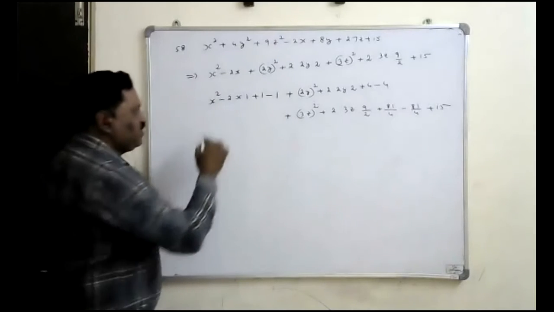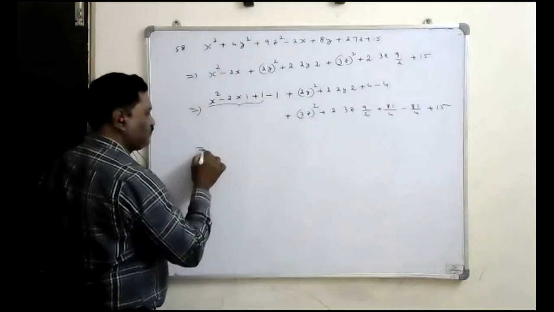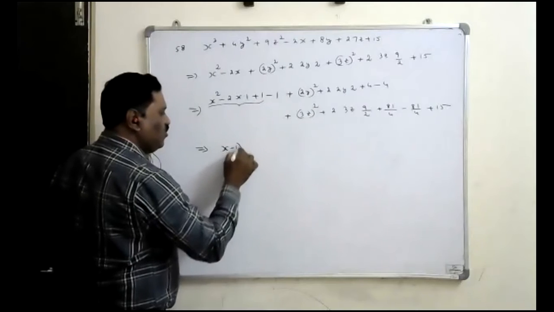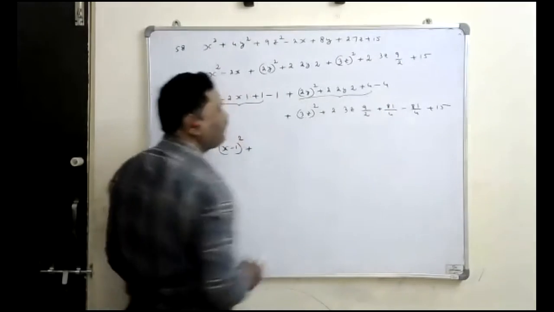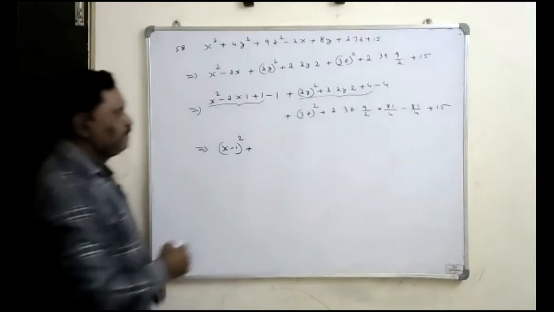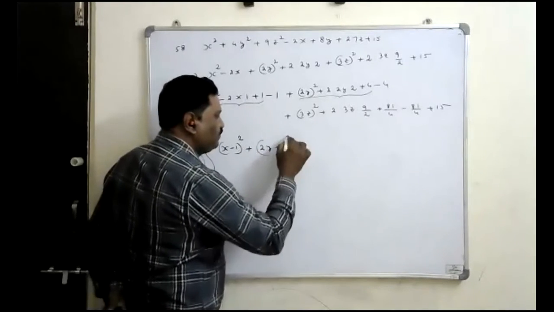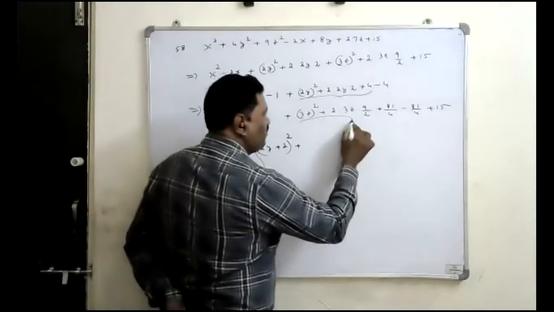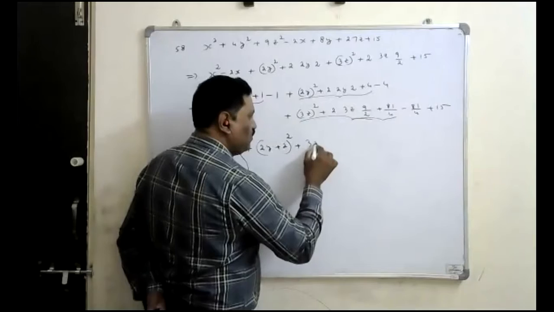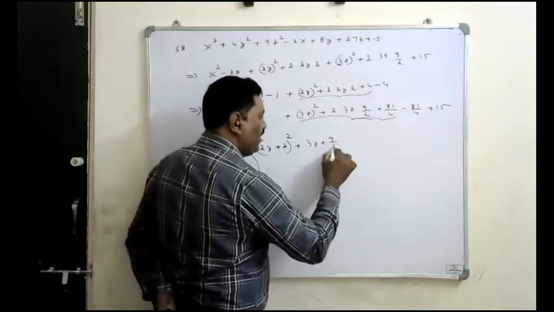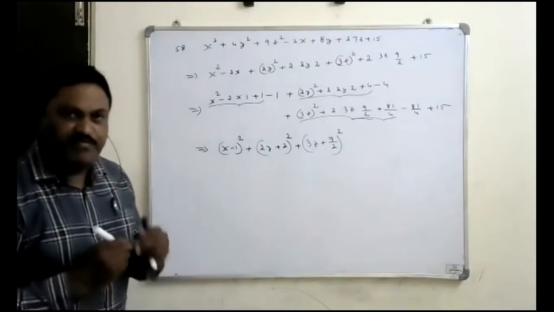Okay. Now here, these first three terms, how do you express it? x square minus 2x plus 1 is x minus 1 whole square. Plus, next, these three terms: 2y whole square plus 4y plus 4 is 2y plus 2 whole square. Plus, these three terms: 3z whole square plus 3z into 9 by 2 plus 9 by 2 whole square, which is 3z plus 9 by 2 whole square. So like that, every time we'll express as the perfect square.